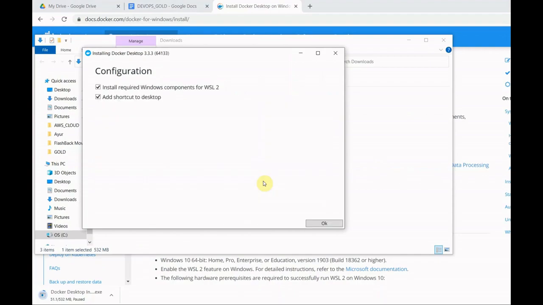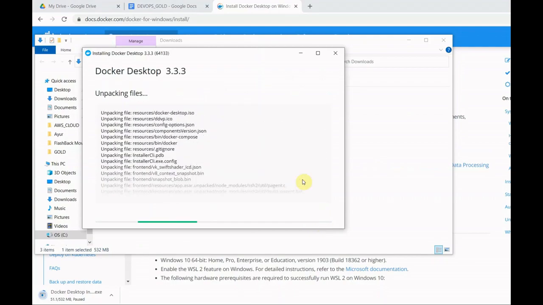So our downloading and installation has started. Simply keep these options as default and click on OK. The installation will take a few minutes, like 3 or 4 minutes. So I will be pausing this video till the installation completes.